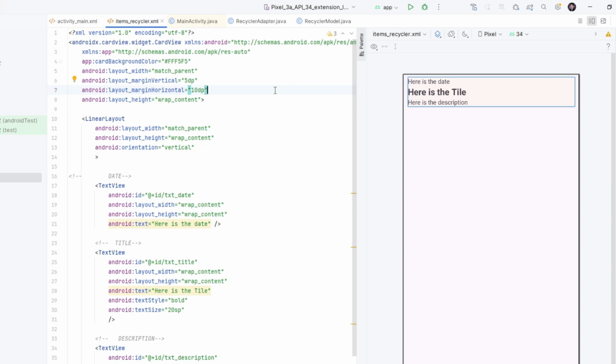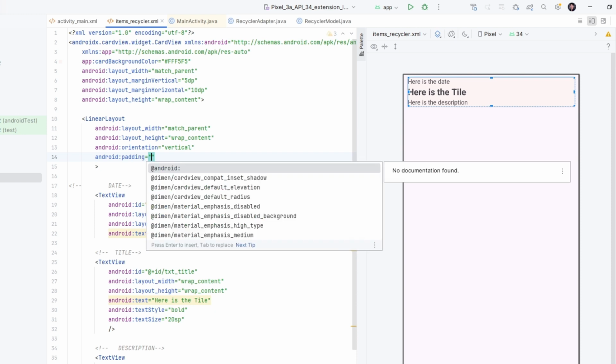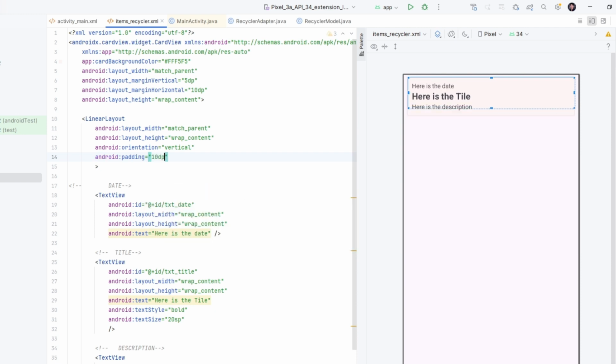And here we go, we can add padding inside the linear layout. As you can see, padding, we can add 10 dp. I'm not satisfied, so we can do 20 dp. So here it is, like in Figma.